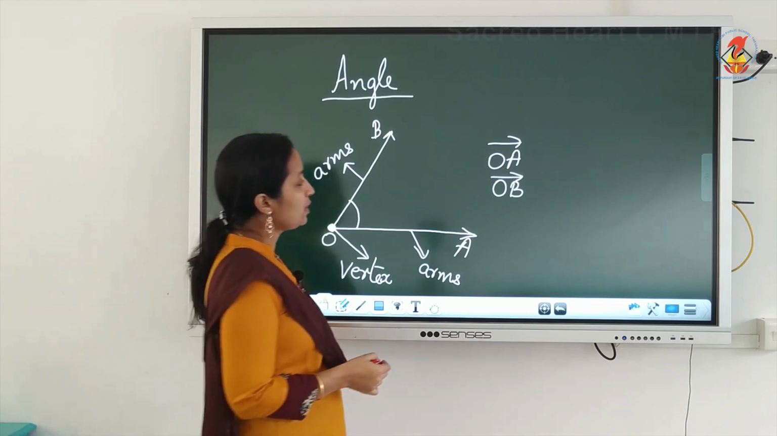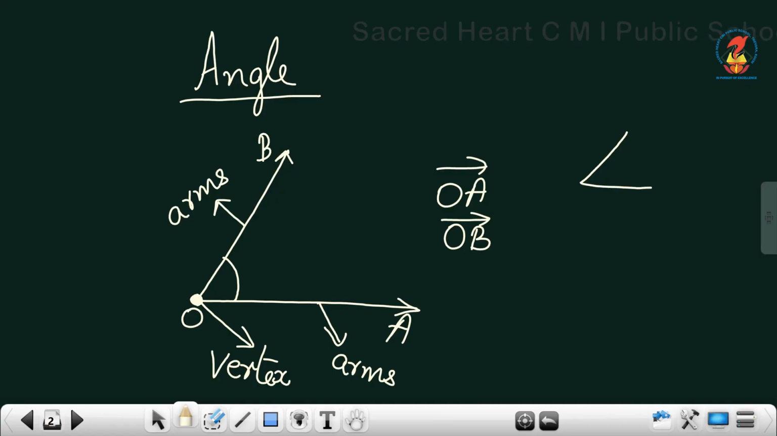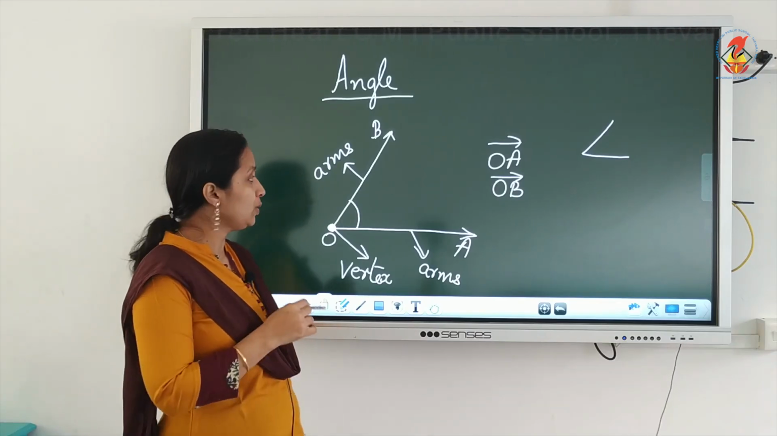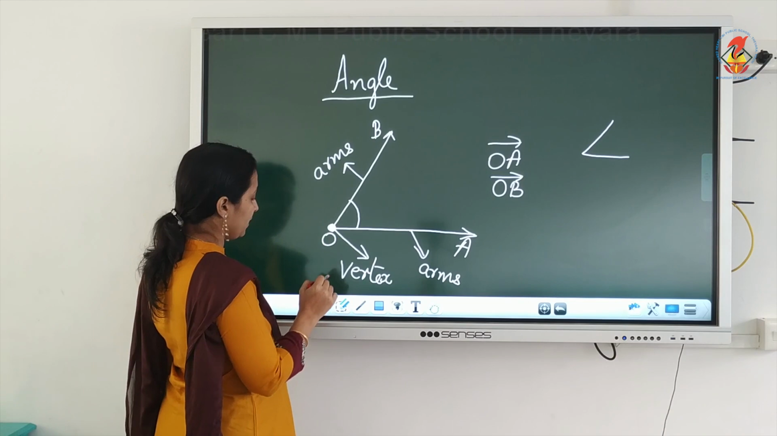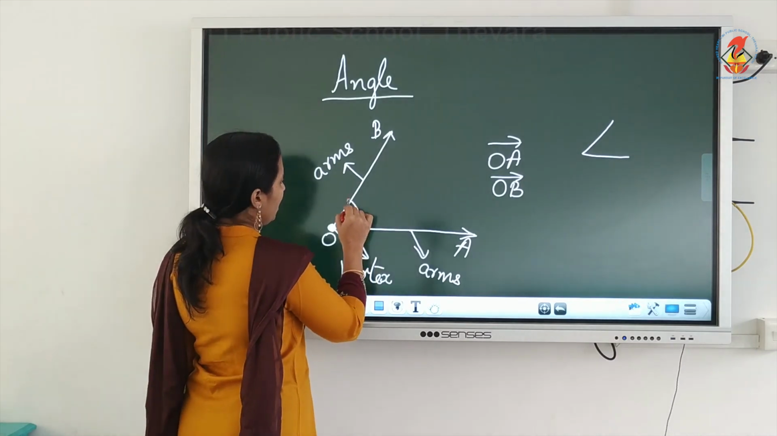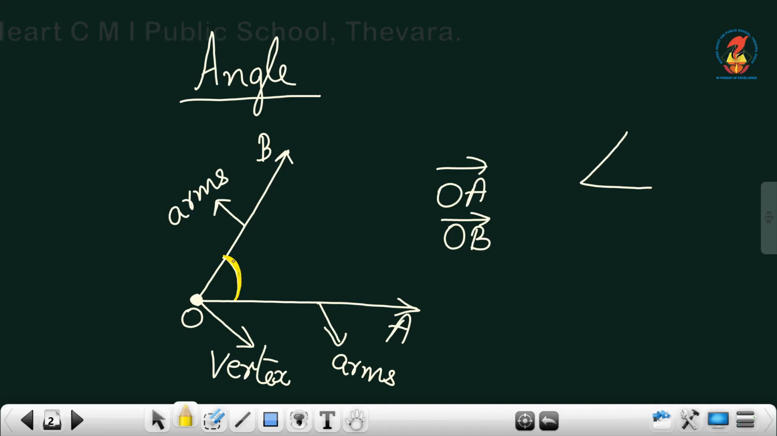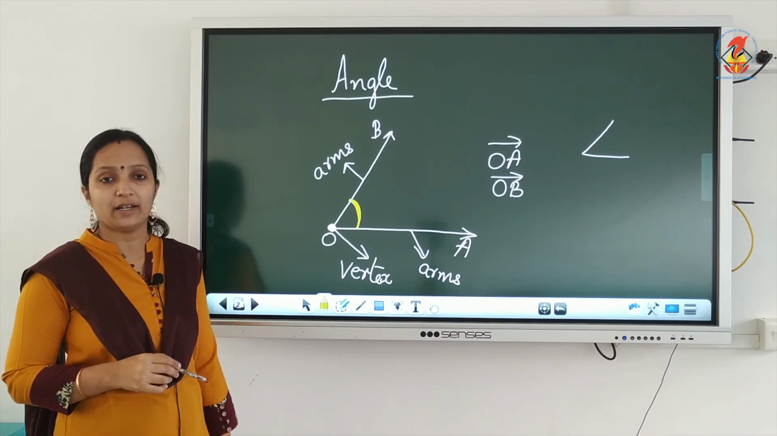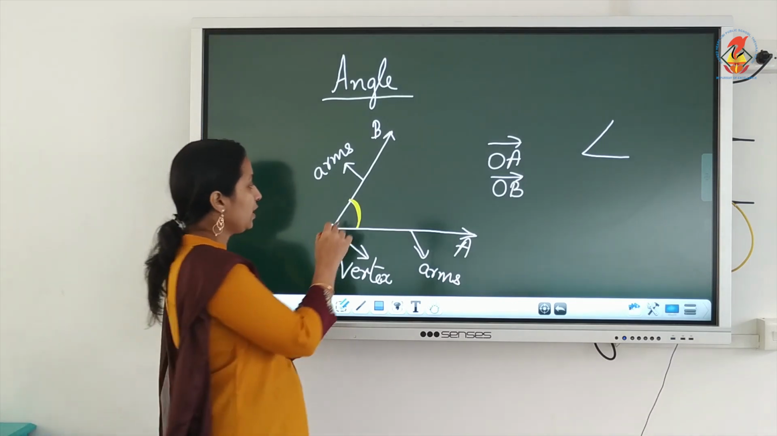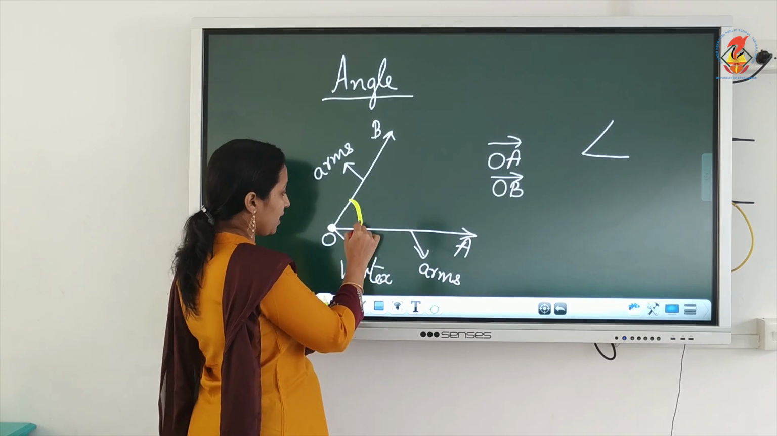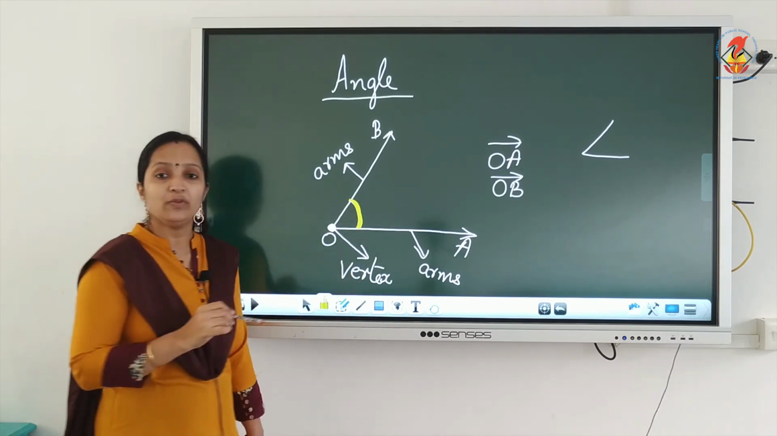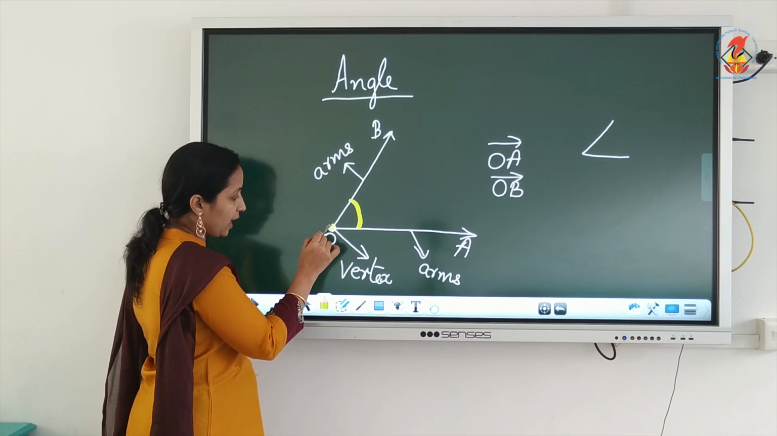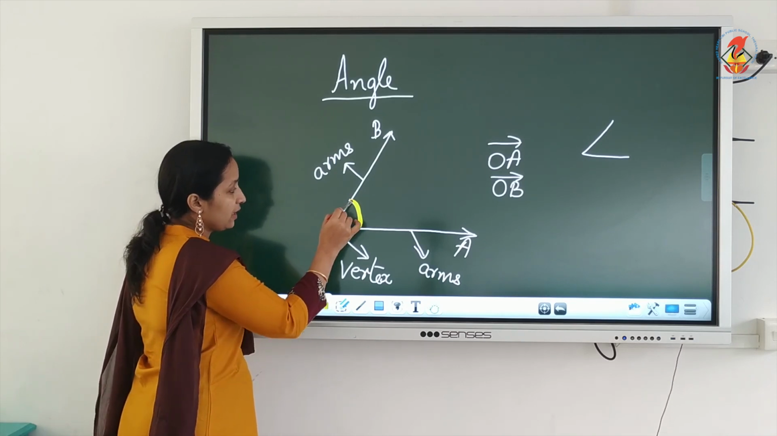Okay, and we also learned we are representing an angle by using this symbol. And we are naming the angle. If you want to name this particular angle, you can use 3 letters or you can use 1 letter. How will we name this angle? The angle is standing at O. So always when we are writing the name of the angle, the letter where the angle is standing should be